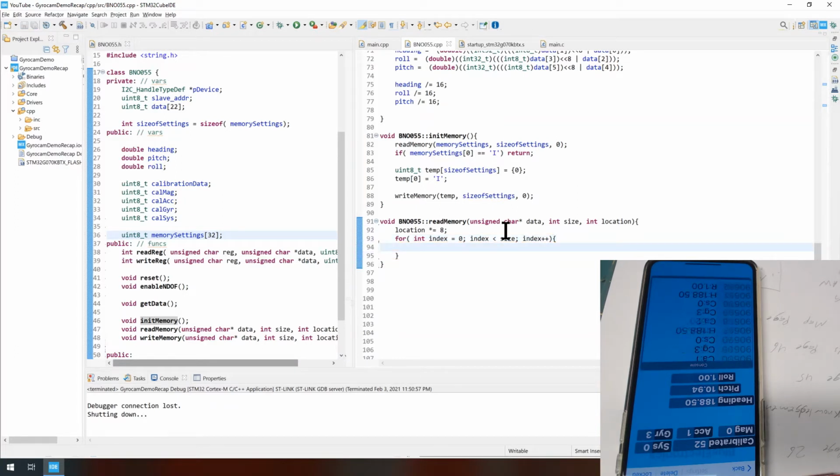And reading data is pretty straightforward. You just point directly to the memory location and grab whatever value is there. So we say data index equals,